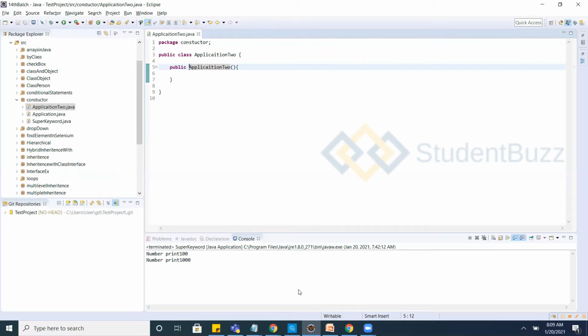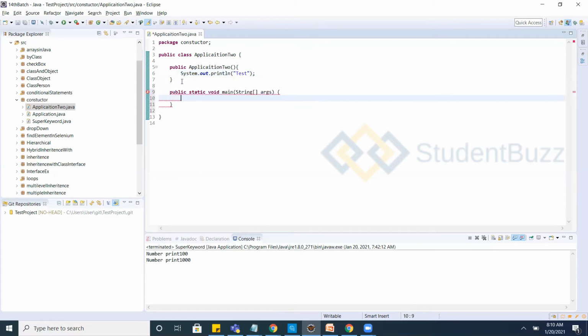Here we have given one simple constructor and are writing it out, creating a main method.